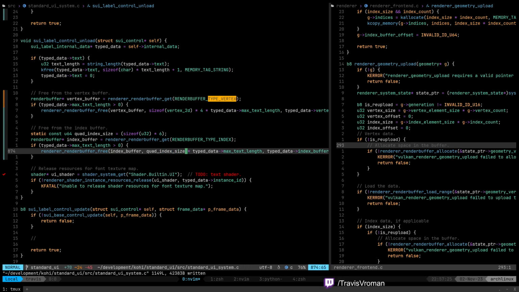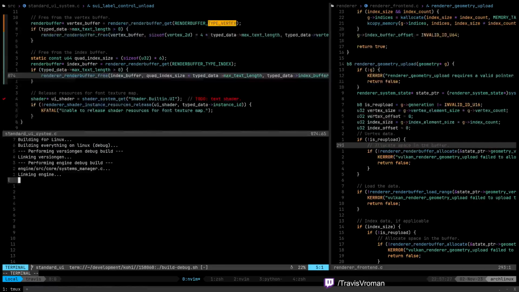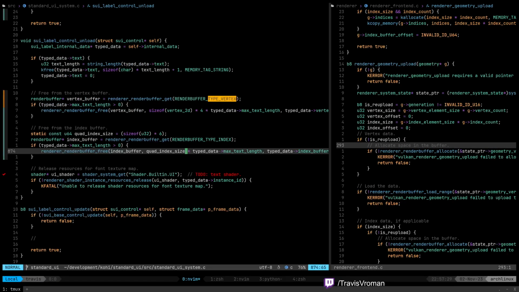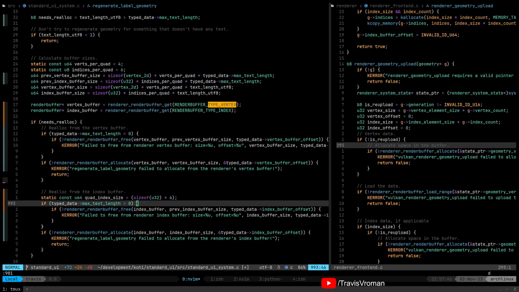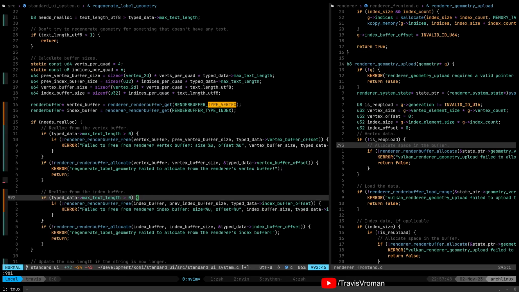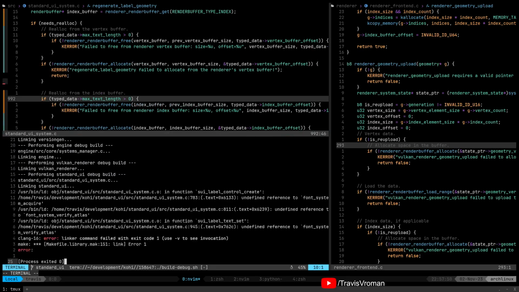Should be doing that. 981. Quad vertex size. So vertex buffer size. Okay. I guess we don't need these because they're actually done up here. So I'm thinking it's that one, and that's probably also going to be this one. All right.